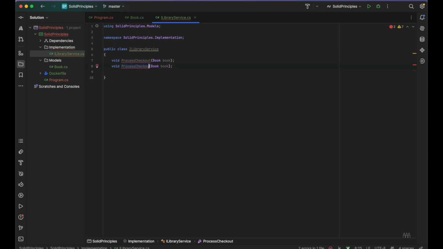And return, sorry, I forgot to add the interface here. Okay, and when we want to return the book again, we would need the instance of a book, which one we want to return. Okay, let's